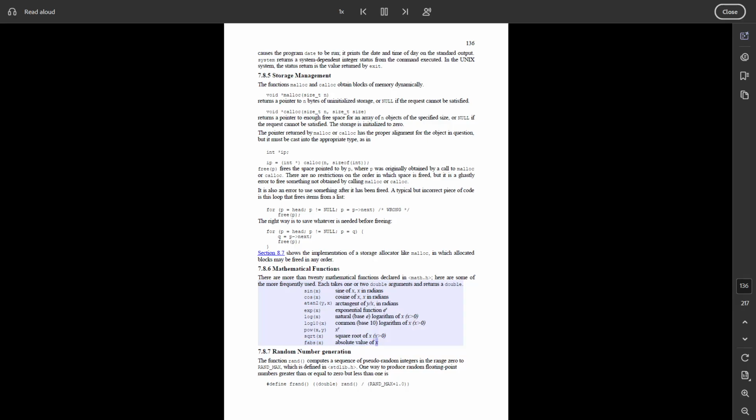fabs(x): absolute value of x. 7.8.7 Random number generation. The function rand() computes a sequence of pseudo-random integers in the range 0 to RAND_MAX, which is defined in stdlib.h. One way to produce random floating point numbers greater than or equal to 0 but less than 1 is #define frand() ((double) rand() / (RAND_MAX+1.0))